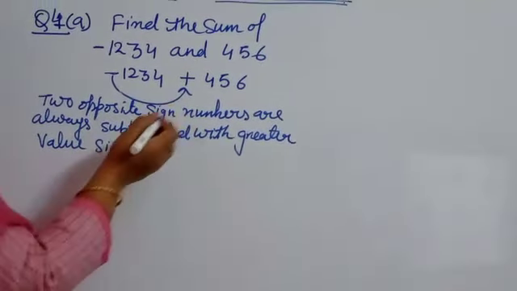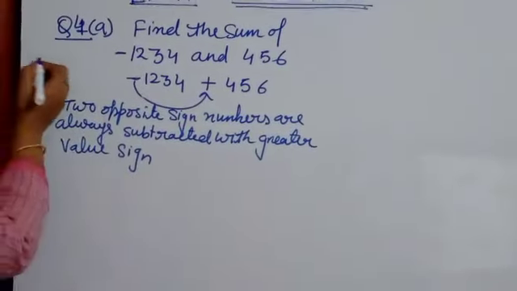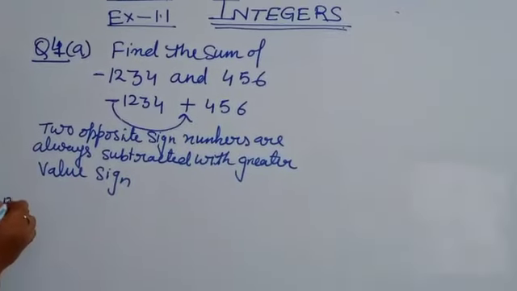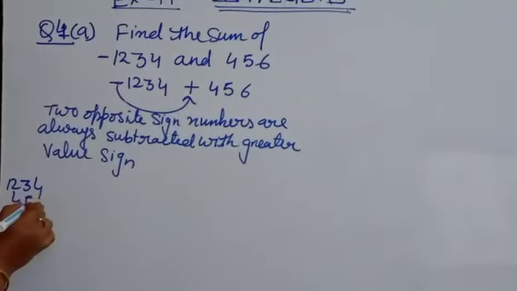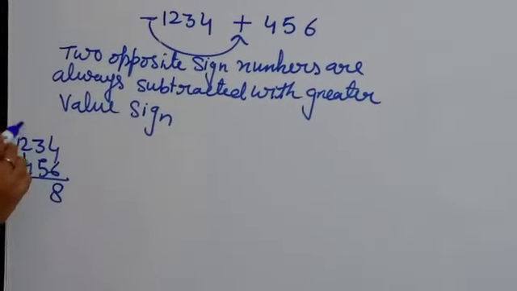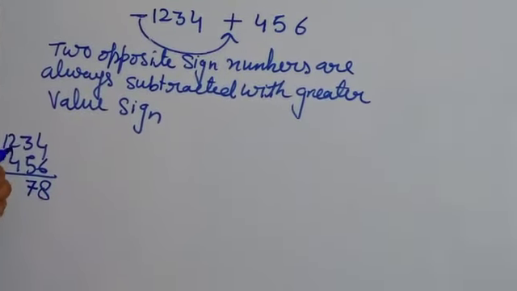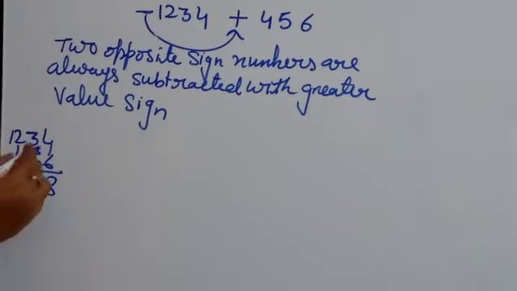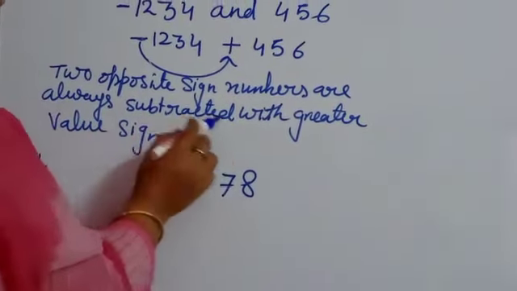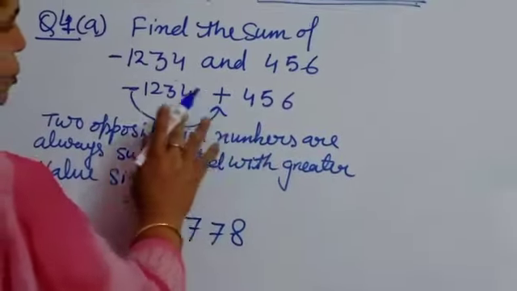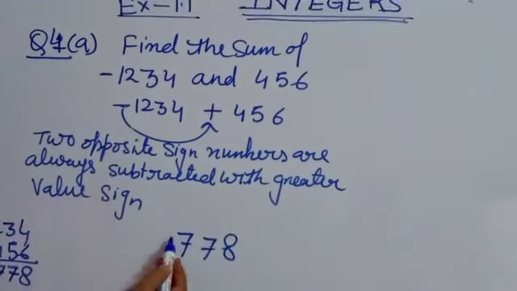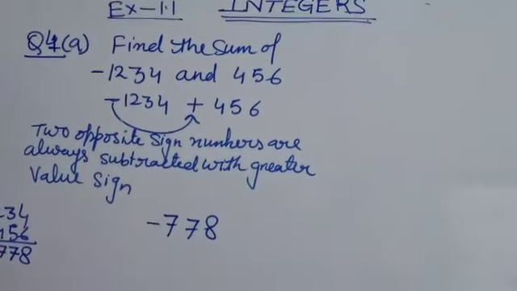Now you subtract 1234 and 456 in a rough column. Just make one rough column on the right-hand side of your copy. Here I am doing 1234 minus 456. See that 14 minus 6 is 8. Here it will remain 2, so 12. 12 minus 5 is 7. Here it will be 1, so 11 minus 4 is 7. See that the answer will come 778. And what have we written? Always subtracted. We have done the procedure of subtraction now. Now see what sign the greater value is having: minus. So it will also have minus. This will be your answer.